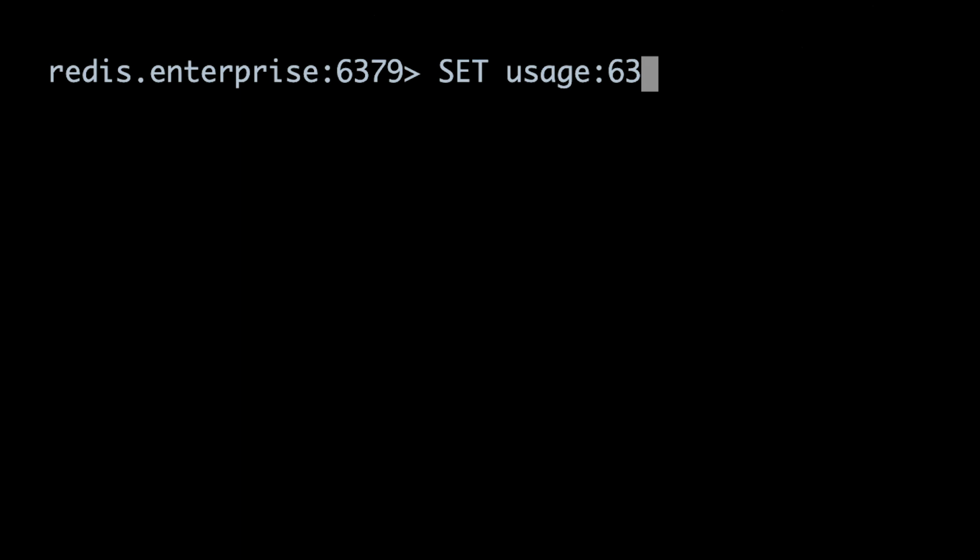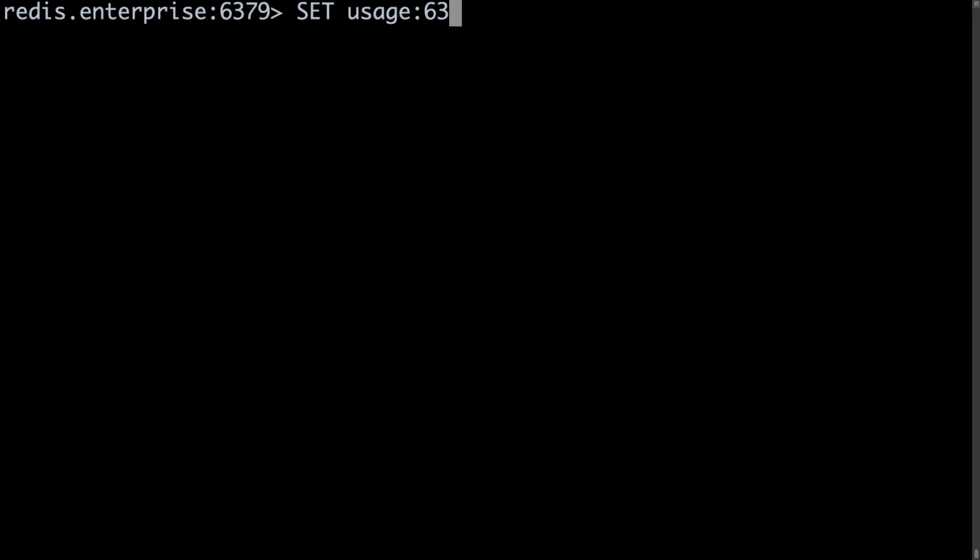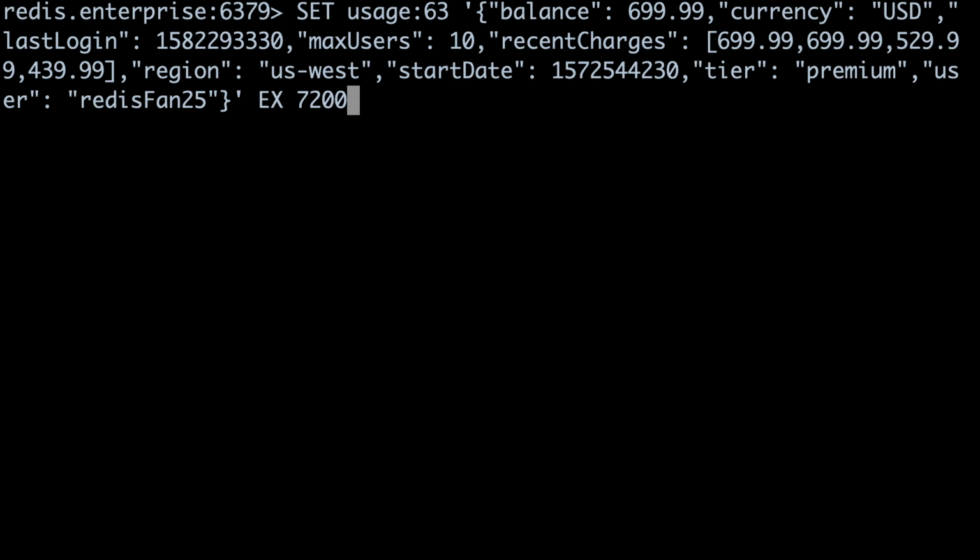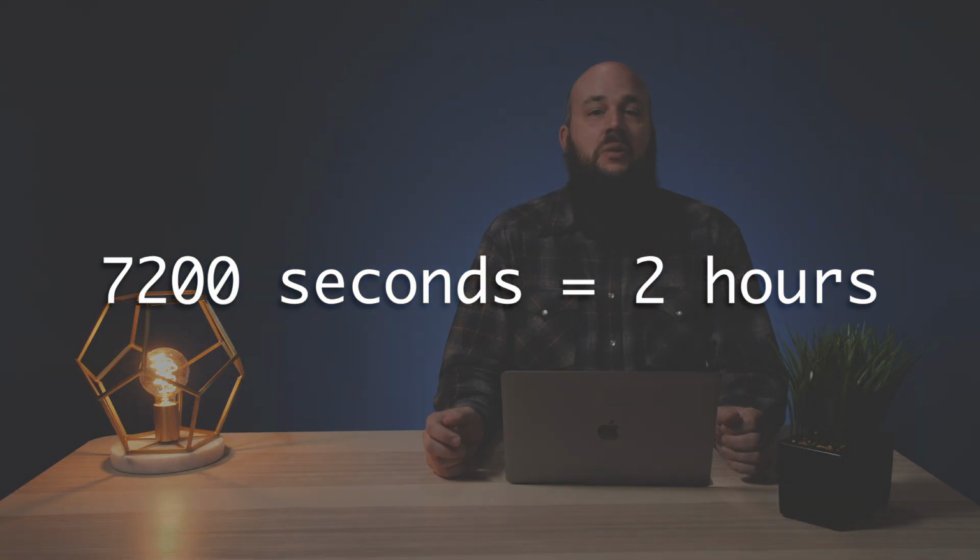When caching data, it's common to set an expiry time. Here we'll do that by adding the EX option to our set command, followed by a number of seconds. EX specifies a time in seconds after which Redis will expire and delete the key and its associated string value. So, this Redis string will now expire in 7,200 seconds or 2 hours. By using Redis as a cache, subsequent responses that might have taken several seconds to fetch from the data warehouse will instead be served instantly.